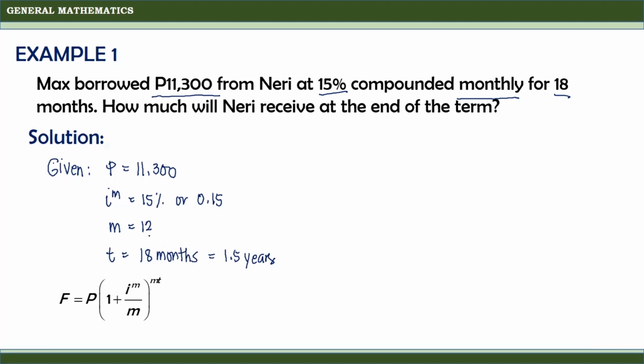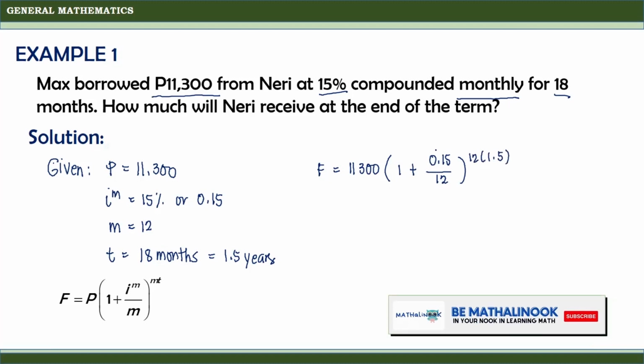Since we have all the given, what we need to do is to substitute these to our formula. So we will have F equals 11,300 times 1 plus 0.15 divided by 12 raised to 12 times 1.5. What we need to solve first here are 0.15 divided by 12 and 12 times 1.5. So it will give us